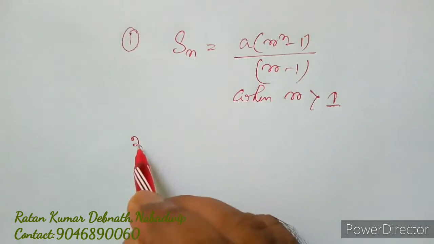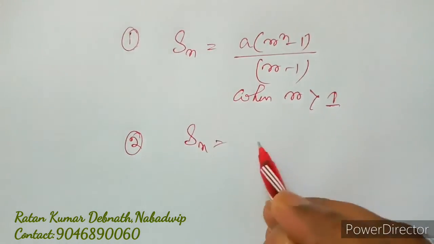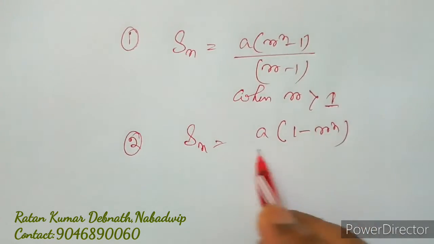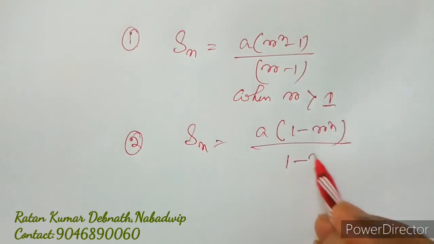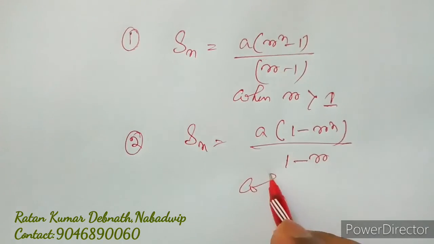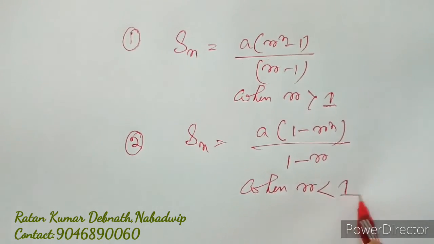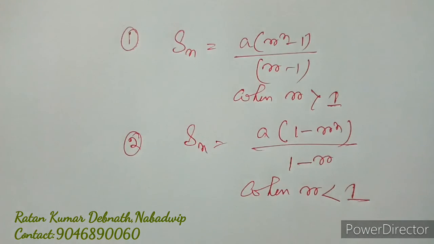Number 2: Sn equals a into 1 minus r to the power n by 1 minus r, when r is less than 1. So students, keep it in mind, there are two formulas for finding the sum of a geometric